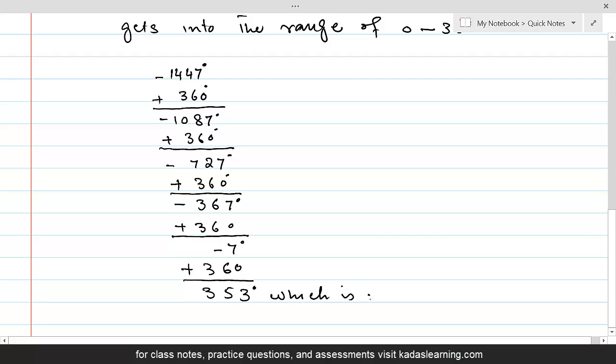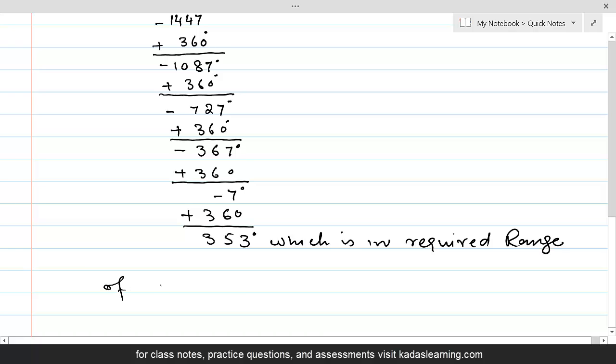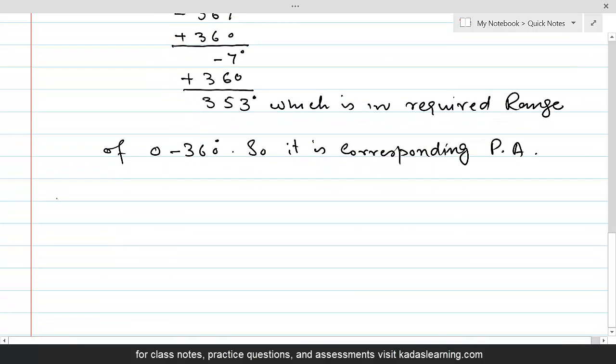of 0 to 360. So it is the corresponding principal angle. It is the corresponding principal angle,